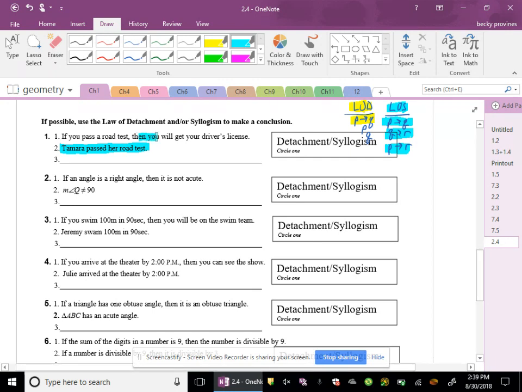So are those two things the same? Well, I haven't even read the question, so let's go back and read this question. If you pass a road test, then you'll get your driver's license. Tamara passed her road test. So if it followed law of detachment, those two green parts,